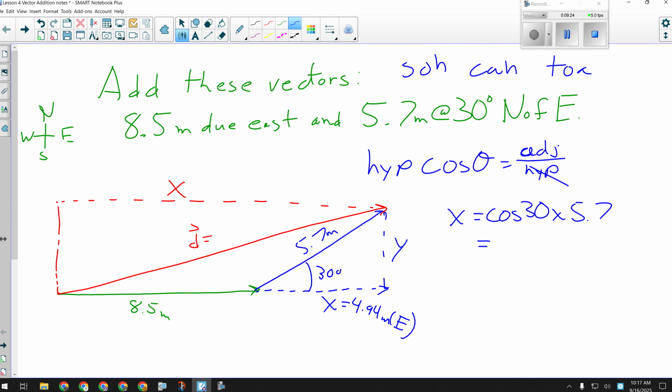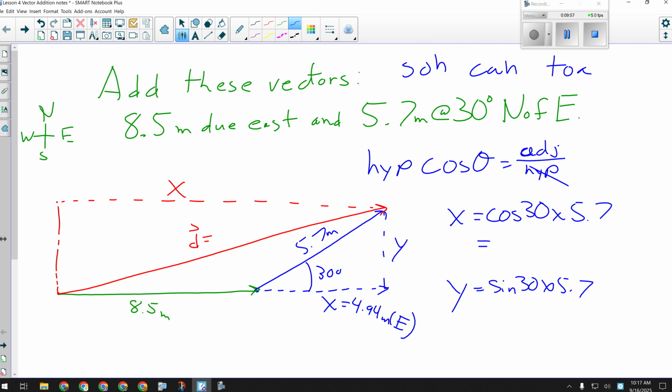Now, I want to find y. Which trig function will help me find that if I have this angle and the hypotenuse? This side is opposite this angle, right? Because it's not touching it. Which one uses opposite and hypotenuse? Sine. So if I want to find y, I'm going to do the same thing I did here, except I'm going to put in sine. Sine of 30 times 5.7, so that should be